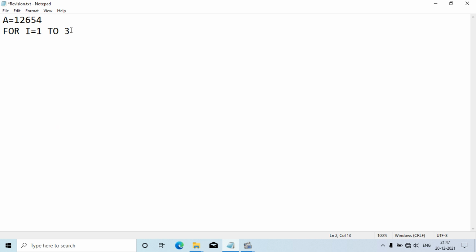Now if I write p equal to a mod 2, then d equal to a mod 10, then k equal to a slash 2, the same thing, and then a equal to a by 10.